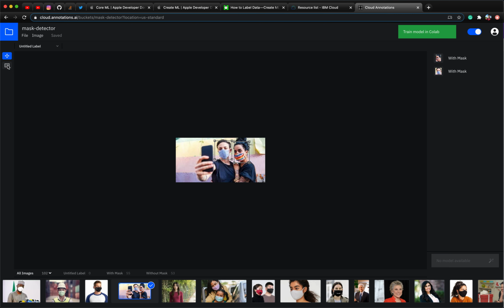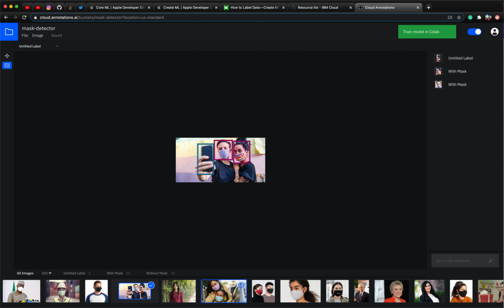To create a bounding box, you have to tap on this, and then suppose I have to detect a phone, then I will select it like this and I will leave it, and then I will come here and I will name it. So basically you have to name these three things. So first I have named here. If I select this, you can see it is highlighting here. I have named this as with mask, this also with mask, and here I have just created this, I can say mobile. So as many classes as you want you can create.